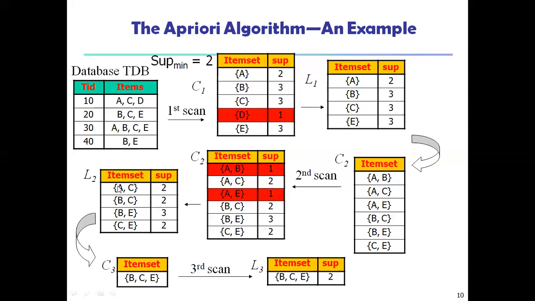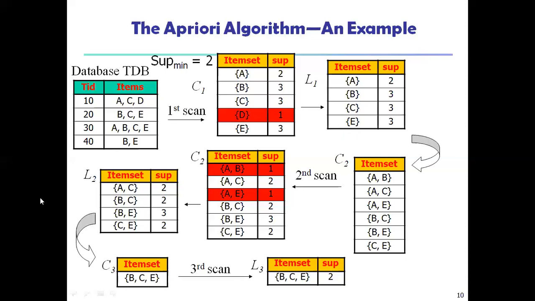So students, if you go for AC, it has to be combined with BC. So that will be ABC. Like that you have to make 3 combinations. AC with BE, like that you have to make 3 combinations and find out there exists only 1 combination of different item set with B, C and E.